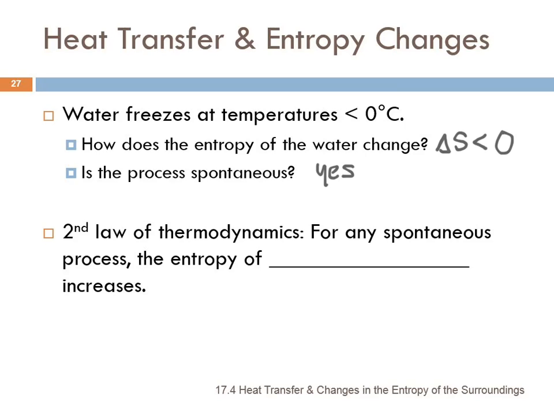Well, let's first make sure we're all on the same page as to why the entropy goes down when water freezes. It gets more ordered, more organized. The energy is in fewer places. Now the particles can vibrate, but they can't move past each other, and they're not able to rotate. So there's fewer places to put the energy, and so the entropy is less.